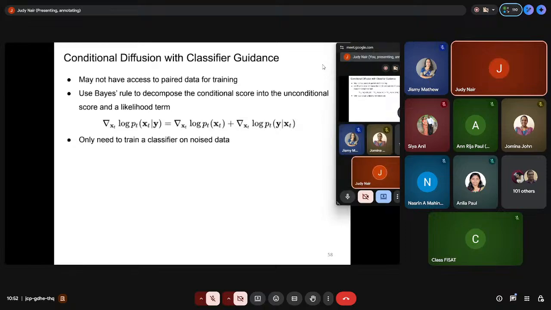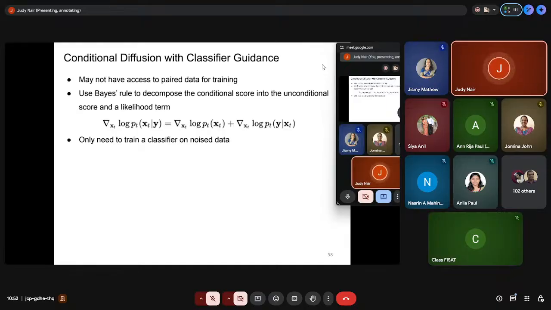I think the previous one is somewhat clear, because there are variations of DDPMs, as we saw in the first slide. There are different types. Here a discrete denoising process is done, whereas conditional diffusion with classifier guidance is another area. This is very important. There is something called conditional diffusion.